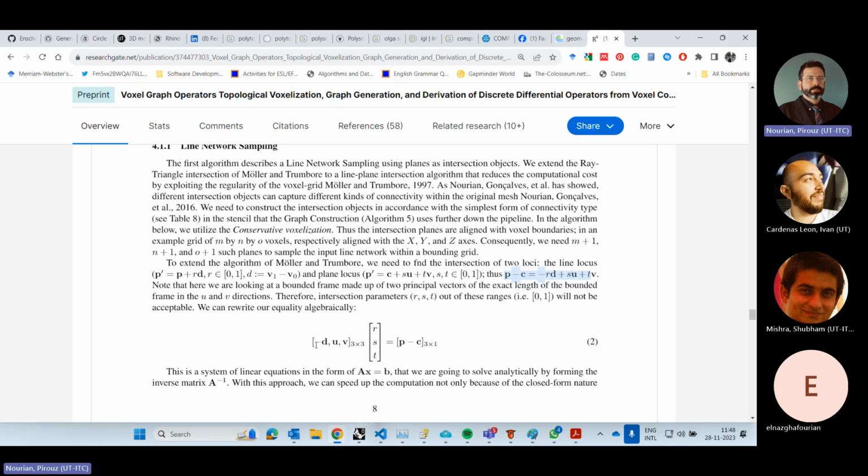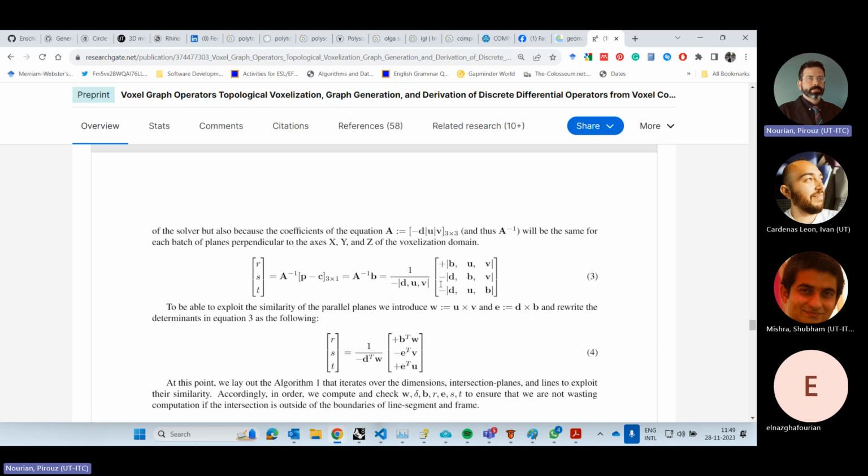If you arrange this algebraically, you will realize that you have three vectors, 3 by 1, negative D, U, and V, which can be put together into a 3 by 3 matrix, and three real parameters, R, S, and T, that can be put together as a vector, and another vector on the other side, P minus C, 3 by 1 also. Therefore, we have a very elegant system of equations in the form of AX equals B, which is pretty straightforward to solve using the determinant and the matrix inverse for the case of 3D. If A is this 3 by 3 matrix, we compute the A inverse,